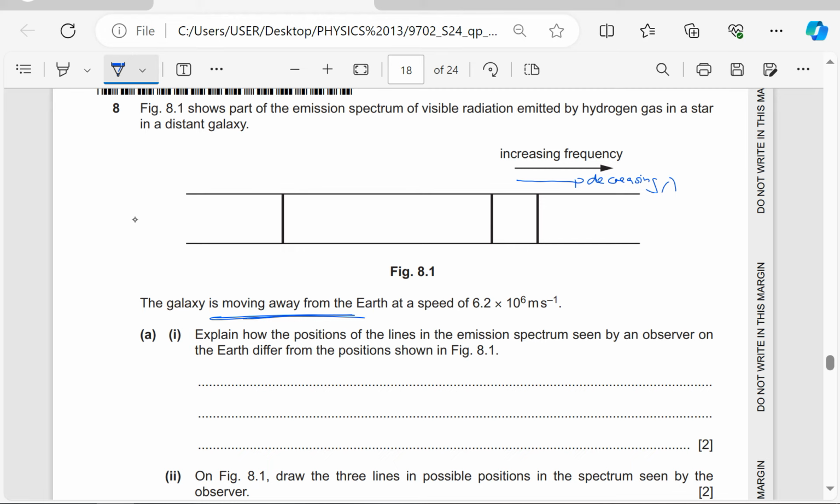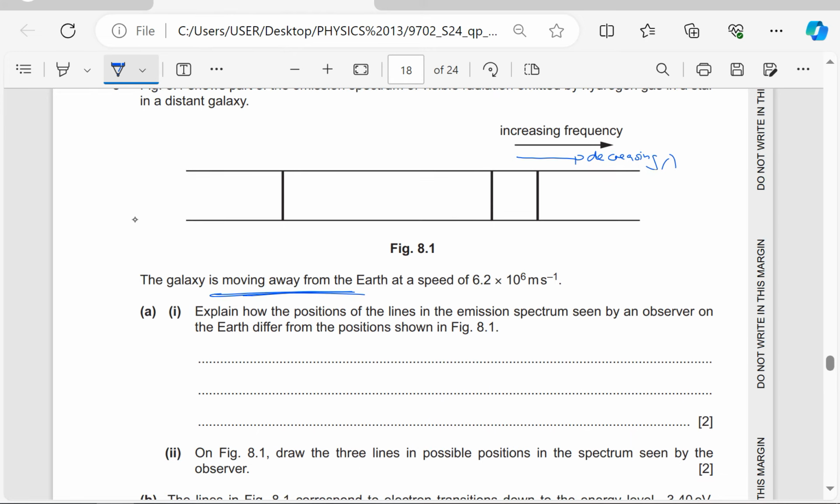Explain how the positions of the lines in the emission spectrum seen by an observer on the Earth differ from the positions shown in figure 8.1. Remember, the galaxy is moving away. That means the stars are going to be redshifted, so the wavelength is going to be longer, or the frequency is going to be smaller. So I will say movement of the star or the galaxy,